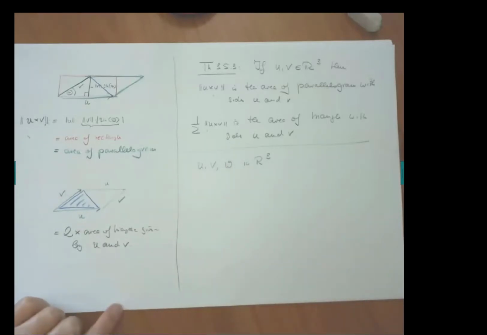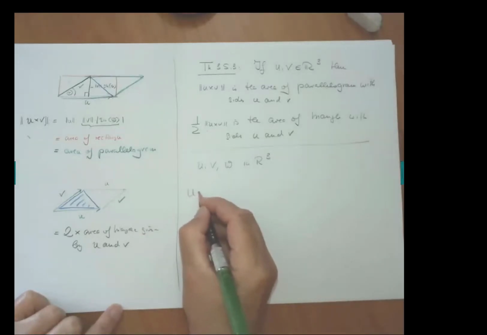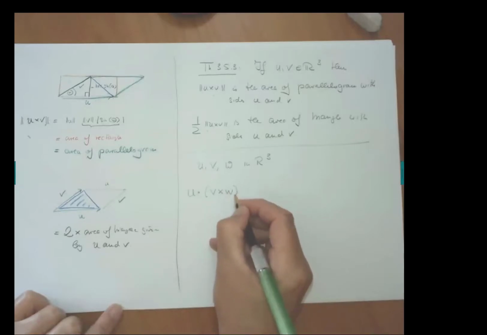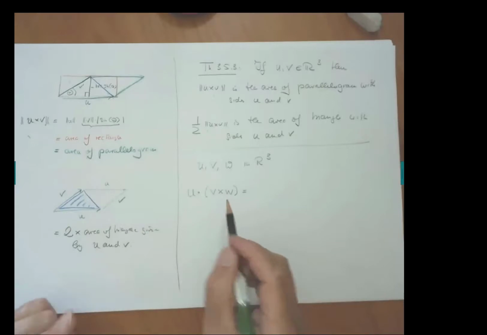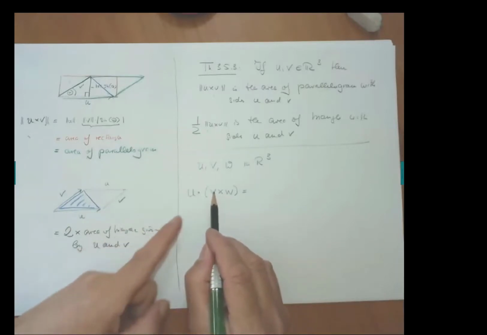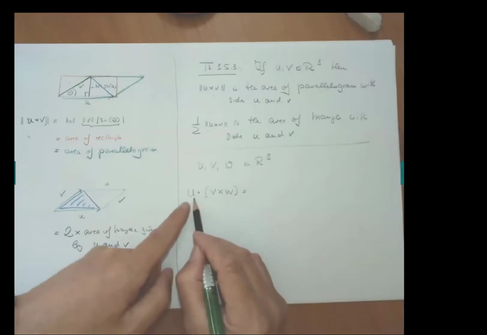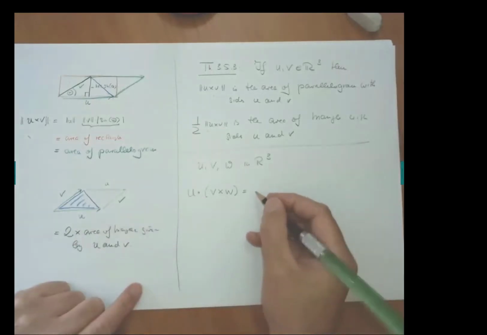Now we first do some algebra, and we are thinking, okay, if I calculate this, is there another way of calculating it? Does it really mean I have to calculate the cross product first, and once I have the cross product, take the dot product with u? Okay, so we write down